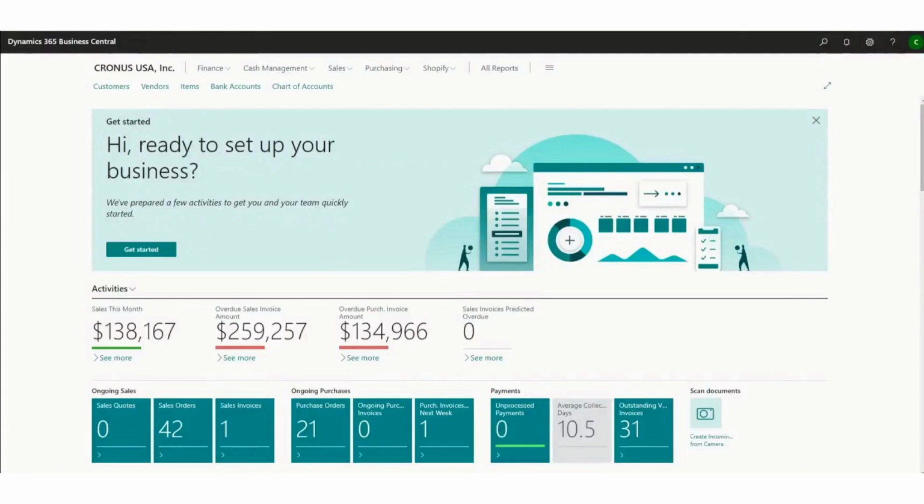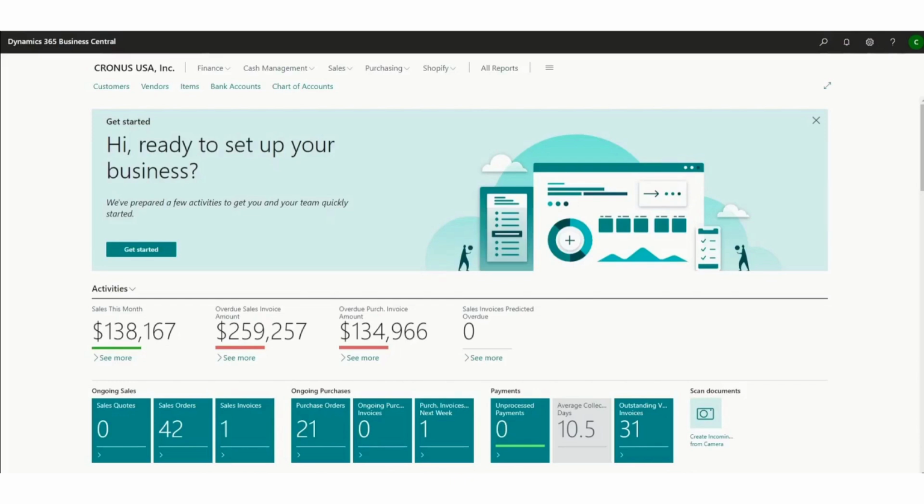Welcome to an overview of Dynamics 365 Business Central. You're looking at a role center, and the role center is your starting point for accessing the environment or platform known as Business Central. You'll notice that I'm running a browser, so the software does not require any software or client to be installed. It is completely